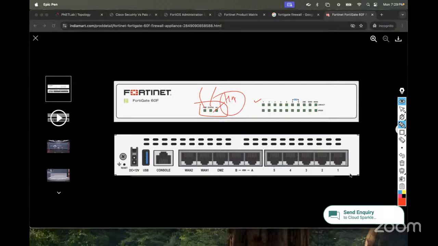One more thing, guys. This is a very small firewall, so you're not able to see the management interface on this firewall. But let's suppose you have the advanced firewalls, which means the high capacity firewalls. You are going to get one dedicated port, that is the MGMT port. So this MGMT port is going to, yes,